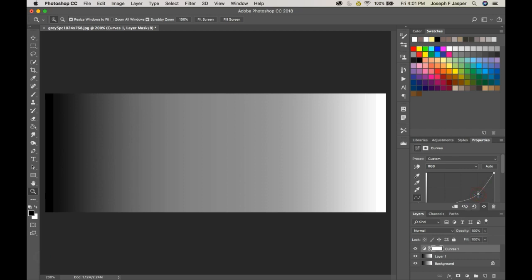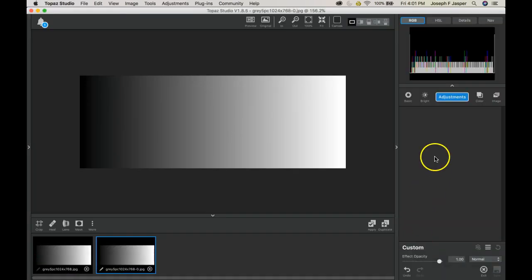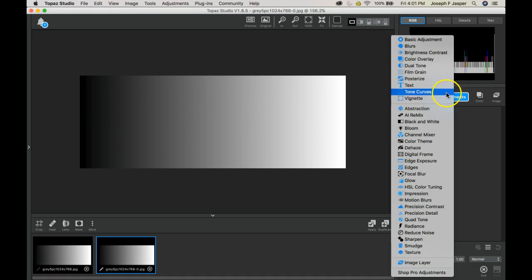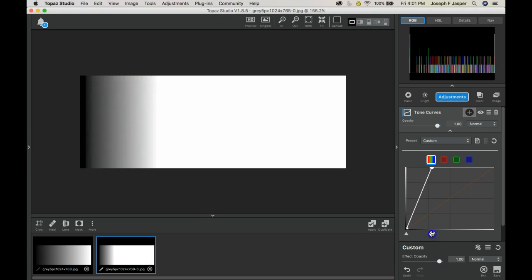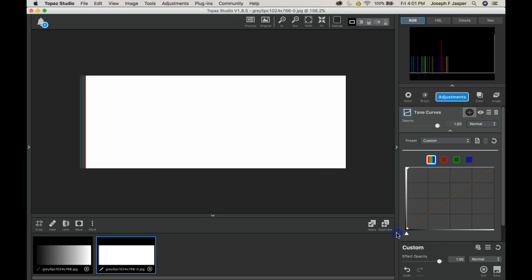So let's compare that perhaps to Topaz Studio. So in Studio you use tone curves. And here the interesting thing is the difference in where the white and black points are pegged on the curve. If you go back and look at what I showed you. So here when we bring the white point down, you get this distorting color. I don't know if it's because of the magnification, but